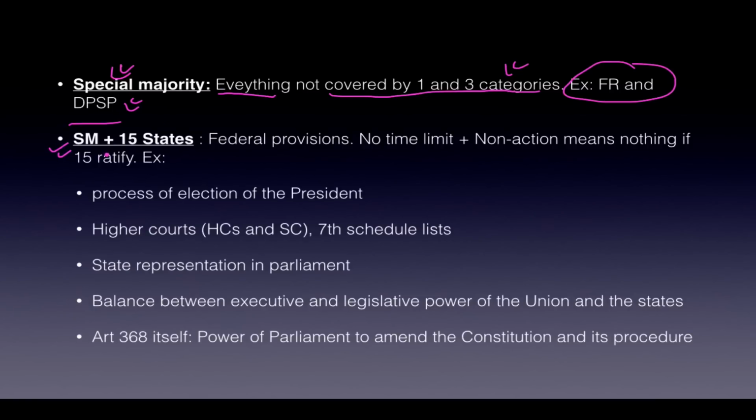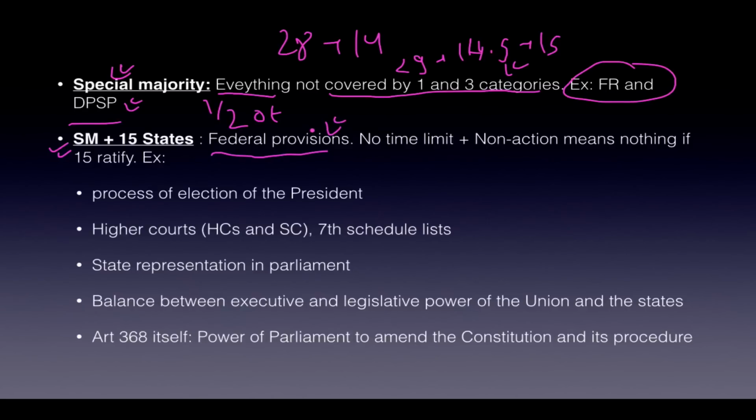Now comes the case of special majority plus 15 states. Earlier it was 14 states, now it has become 15 states because the constitution says at least half of the states. So earlier half of 28 was 14, now half of 29 is 14.5, but since it says at least, it should be 15. So for federal provisions, there is no time limit on